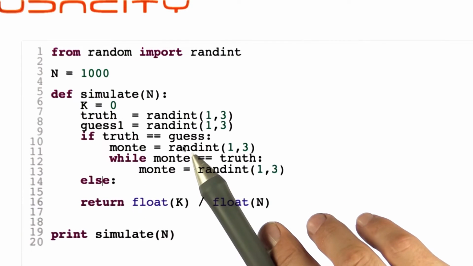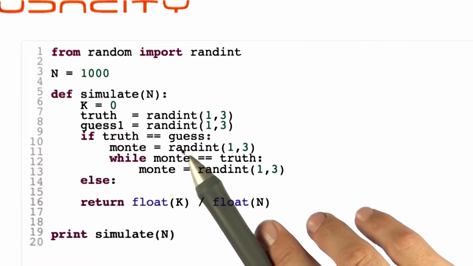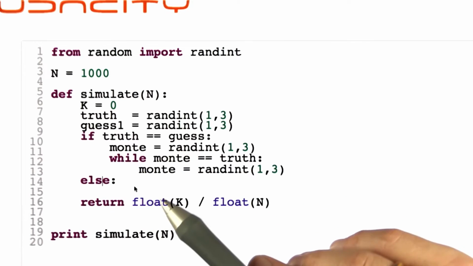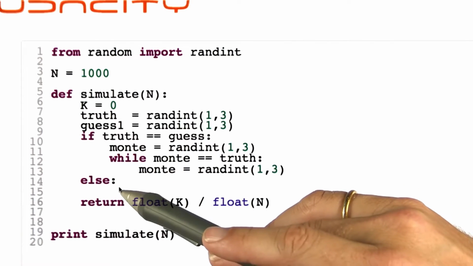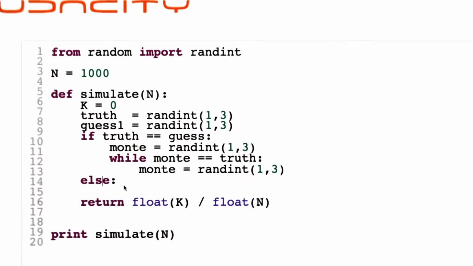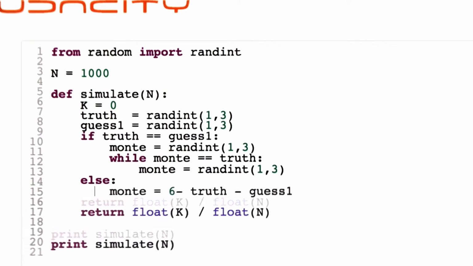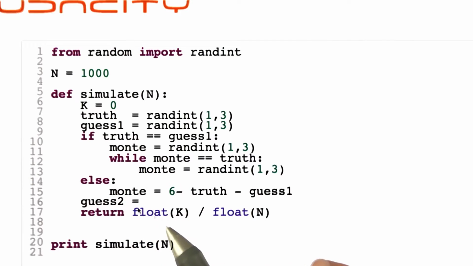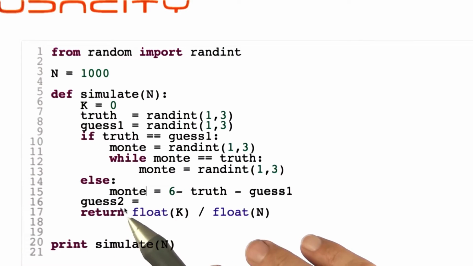In the else clause, the truth and my guess are not the same. So Monty now has to pick the remaining door with probability 1. How do we get Monty's choice? Now I'm going to do a little cute trick. I know that the sum of all doors, 1 plus 2 plus 3, equals 6. So if I subtract from 6 the truth and my guess, I get the third door. So this equation, 6 minus truth minus guess, will give us the number of the door that isn't truth and